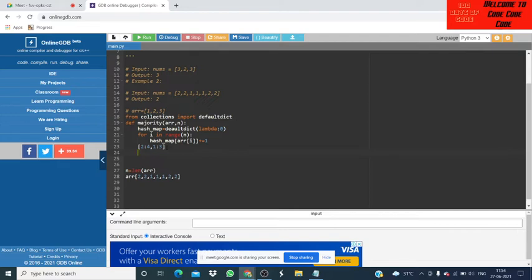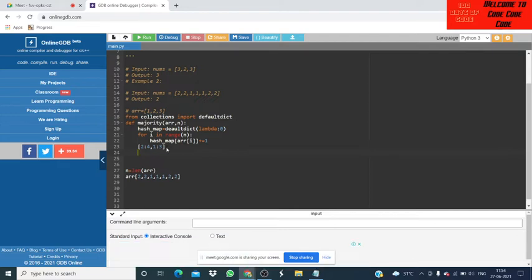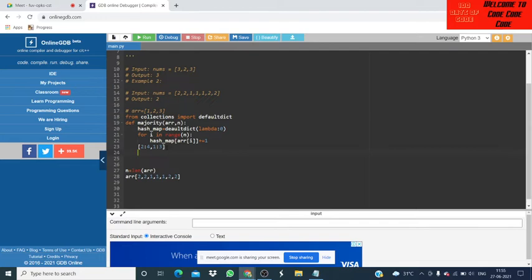Now we will check the key-value pair, whether this value is greater than n by 2. If it is, then we will return that majority element.